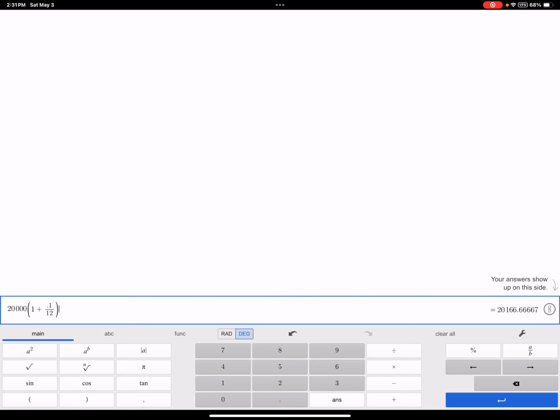Raised to the, so the power is this button here. That's A to the B for me. Sometimes it looks like a caret on your calculator, depending on the calculator, or X to the Y. Raised to the NT. So make sure your exponent is in its own set of parentheses. N is 12, T is 30. So N times T is 12 times 30. Okay, and you get